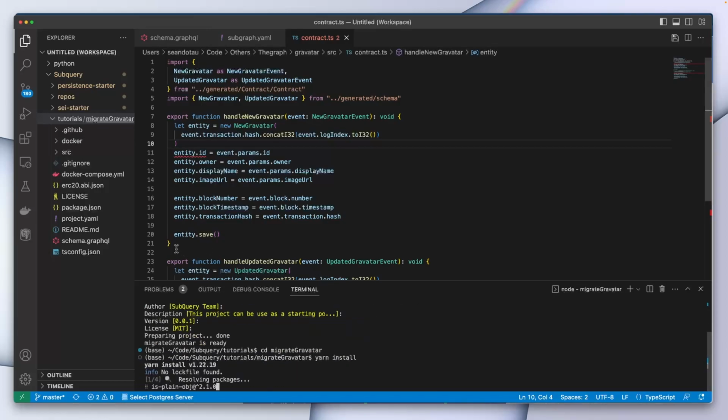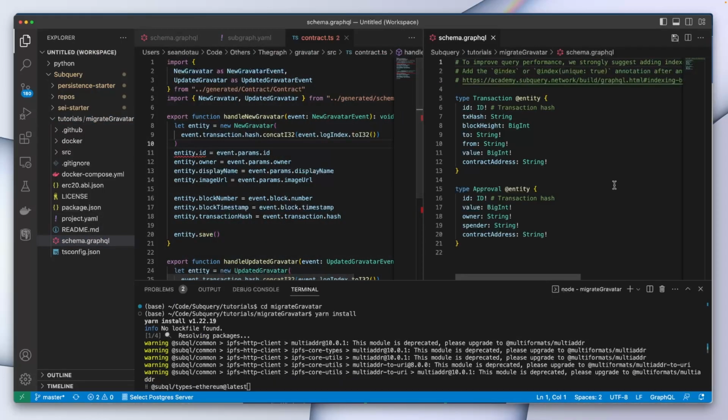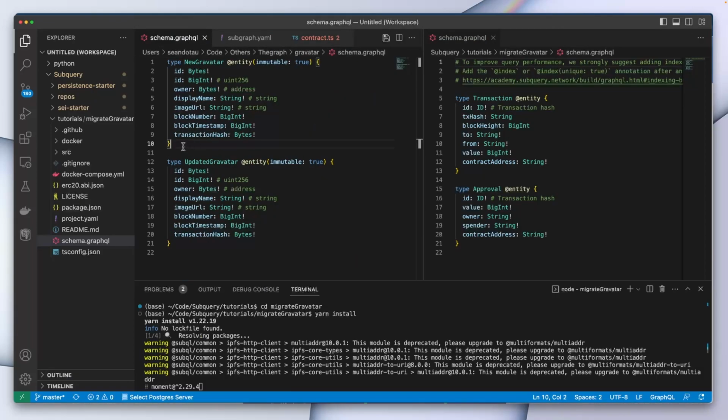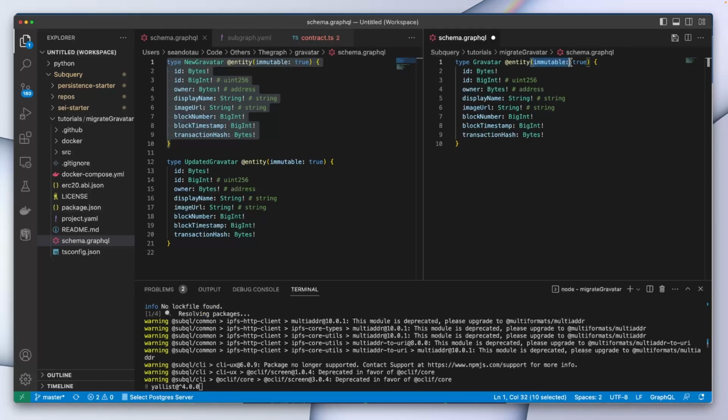And while this is installing, let's take a look at the schema file here. The default has two entities, transactions and approvals. We won't need these, so let's go ahead and copy from the graph entity, and we'll call this Gravatar. We'll delete the parameter here,